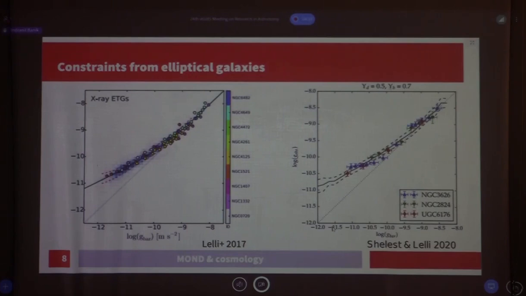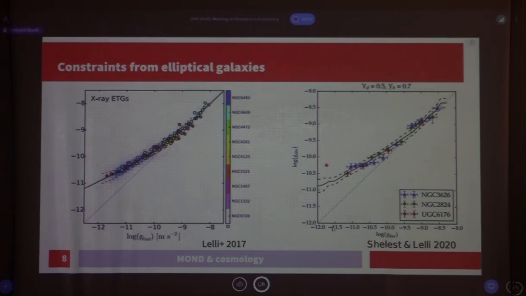Now, that was rotationally supported galaxies, but if you look at elliptical galaxies, they often have a halo of hot gas around them. You can use the X-ray emission from that to constrain the temperature and density profile, and use hydrostatic equilibrium, completely independent of any gravity theory, to work out what the gravity is, and you can also work out the g_N, or the Newtonian gravity of the baryons alone, and again you get a very tight relation. In this case, it's shown by these colored dots. The relation for spirals is shown as the blue shading in the background, but you can see there's a very nice agreement. And this applies from, I think, S0 galaxies.